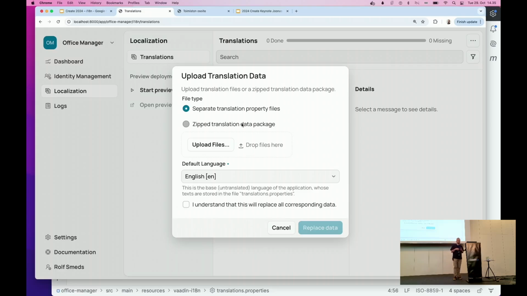If you're not using the Copilot thingy that I showed you, you can just upload translation property files one by one, or select all of them, and they will be uploaded. But since we are using Copilot, we can select this zipped translation data package,